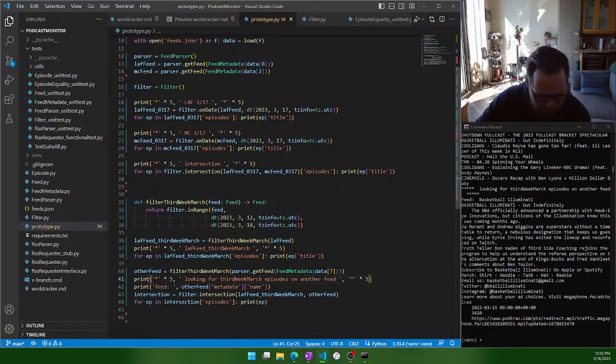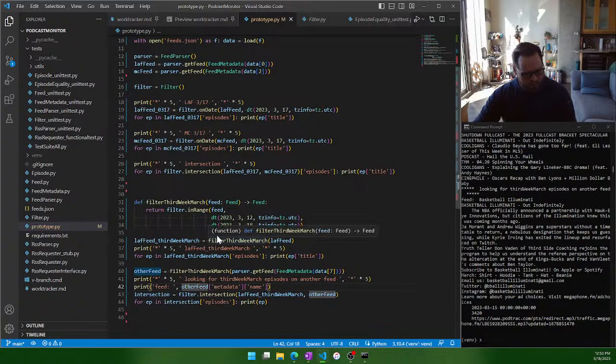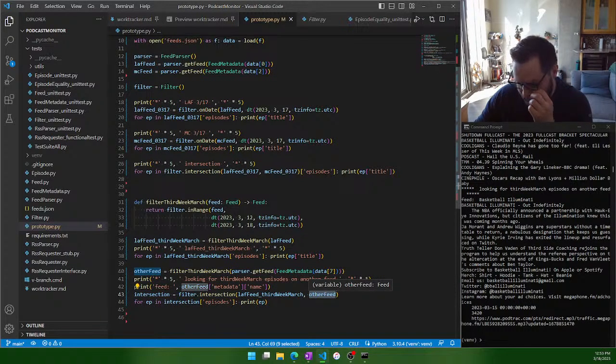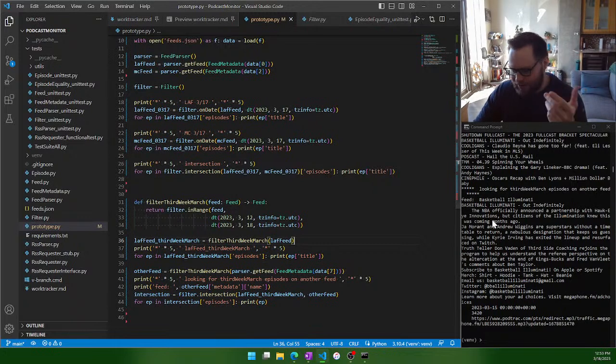So now basically what we can do is we can set, now the other thing we'd have to do though is, so we have the intersection, and the intersection is just the episode on this one, right? But if we wanted to get information from this other one, depending on exactly what information we want, we would have to find it again. So we might need to add more stuff into the filtering or update it in some way. But basically, right now we can grab this information, and we can do the stuff for